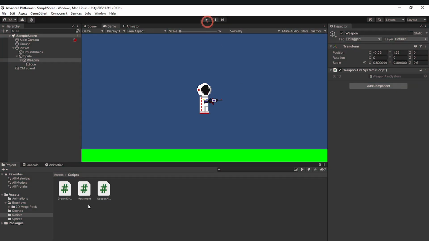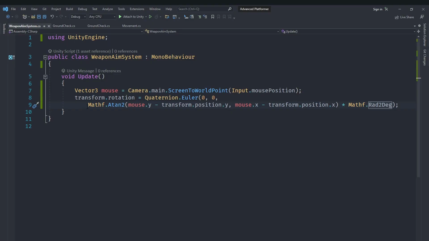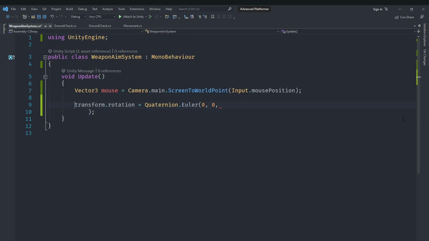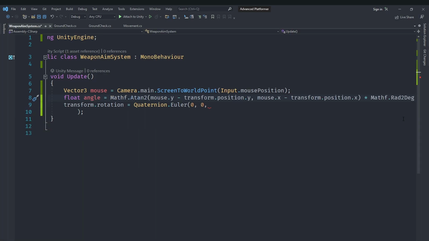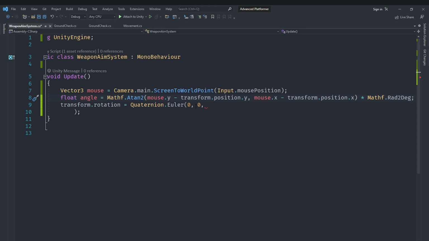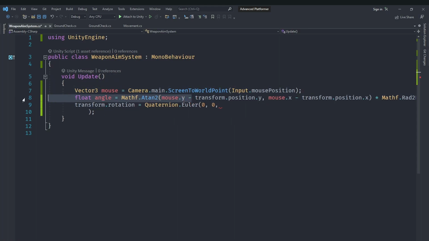So in order to set these limits, we are going to take this value that we have got here and cut it, and create a float which we are going to call angle. We are going to set this angle to the value that we just had. We'll paste it here, and that gives us the angle that we want. And now, instead of passing that angle directly, we'll use